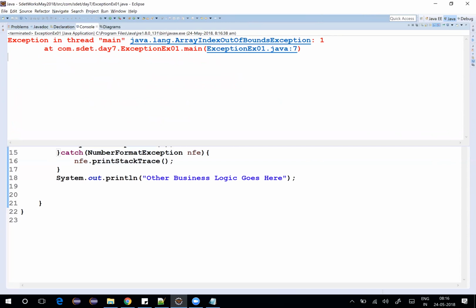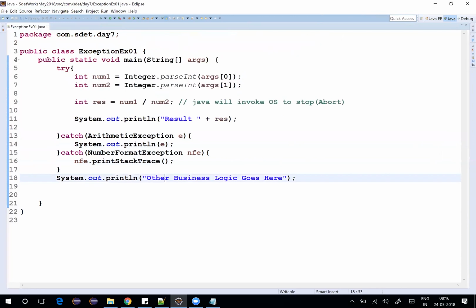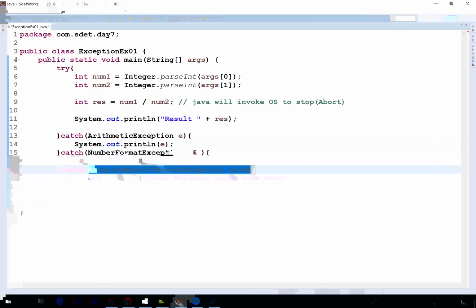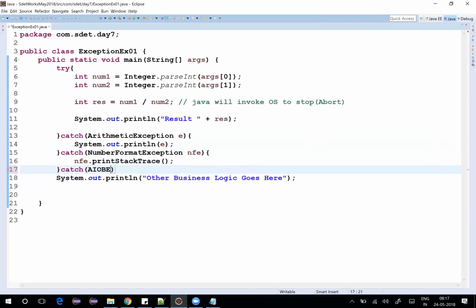It means your program is aborting right there at line number 7 for us. But what we want is something else. We want some other business logic to work. For managing this, I can have another catch block, which is called ArrayIndexOutOfBoundsException. Let's say AIOBE is the variable. Now, many times when you want to type it, I just follow a certain convention for ArrayIndexOutOfBoundsException. So we should just put AIOBE